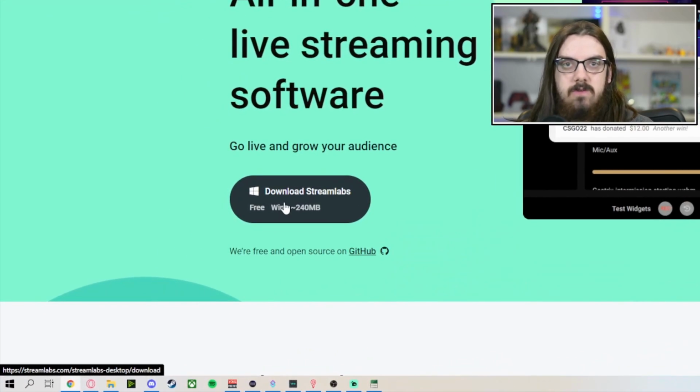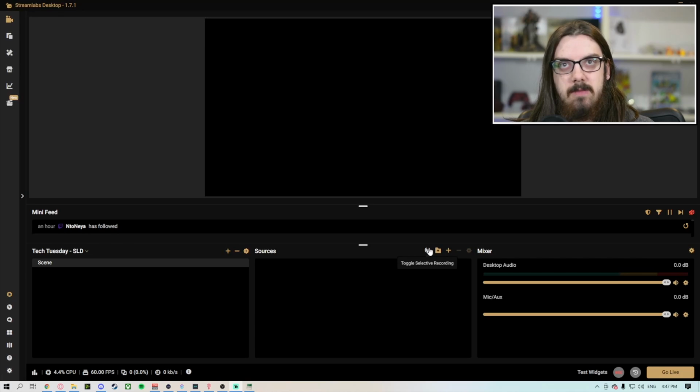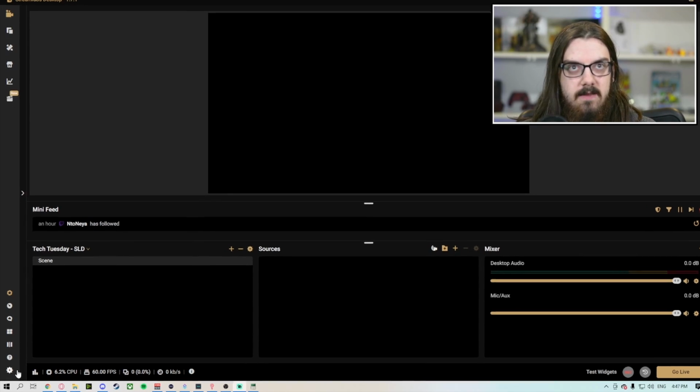When you download Streamlabs Desktop, you're going to want to click on this button right here, download the executable file and run it. And from there, you will get Streamlabs Desktop. Now I've put it in dark mode. Yours might be light mode for the first time that you open it up. I like the dark mode, easier on the eyes, but you can adjust all that in the settings down here